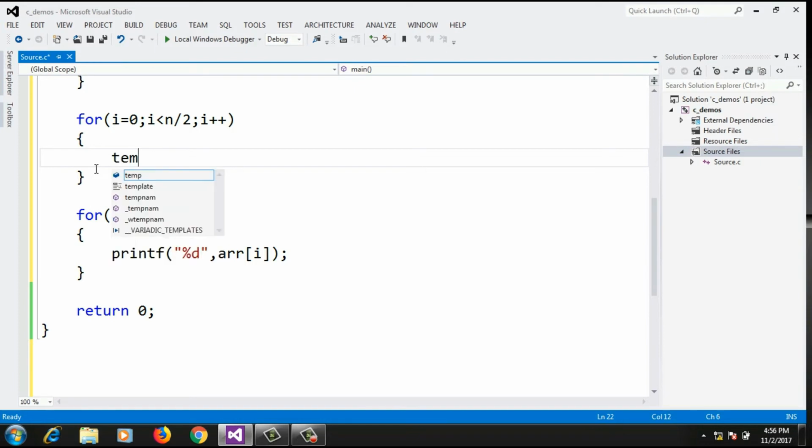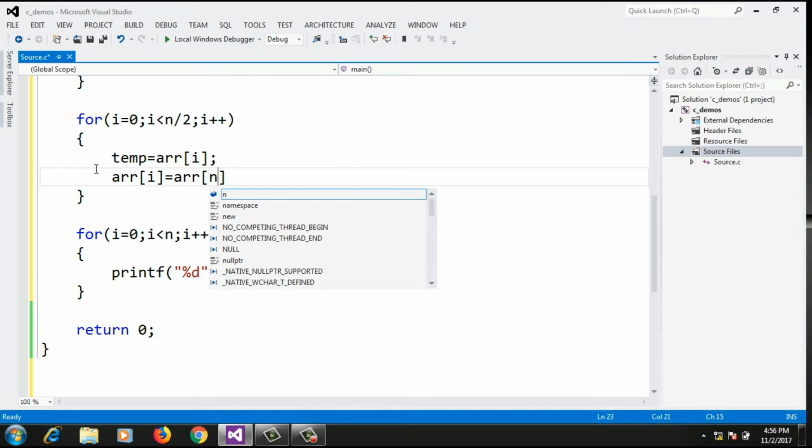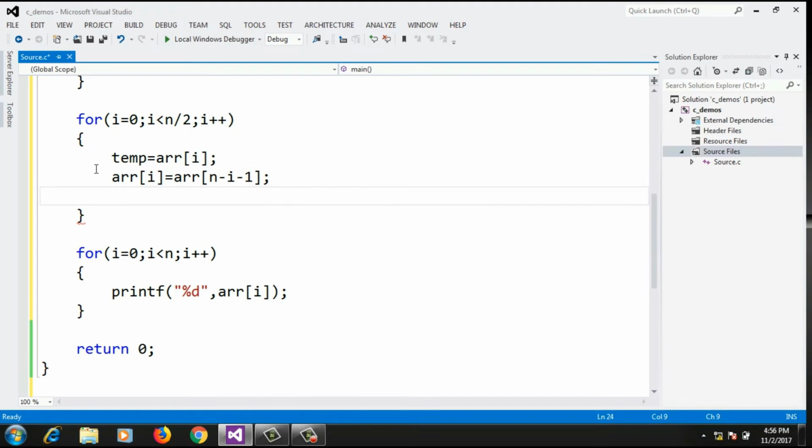So here it will be temp equals arr of i, then arr of i equals arr of n minus i minus 1, where n is the number of elements, and arr of n minus i minus 1 equals temp. So this will be the code.